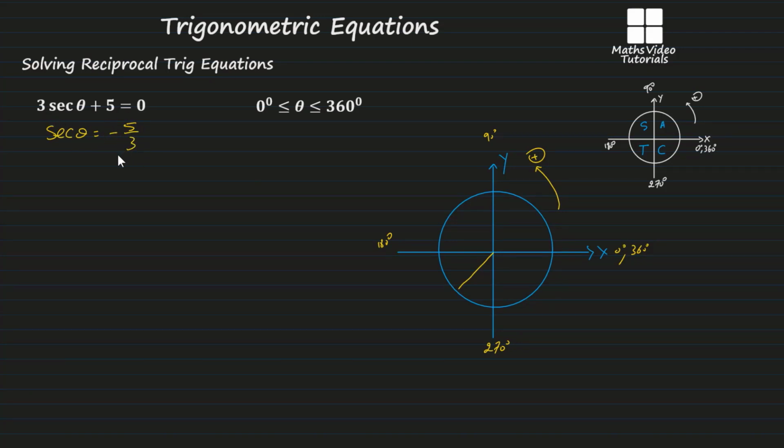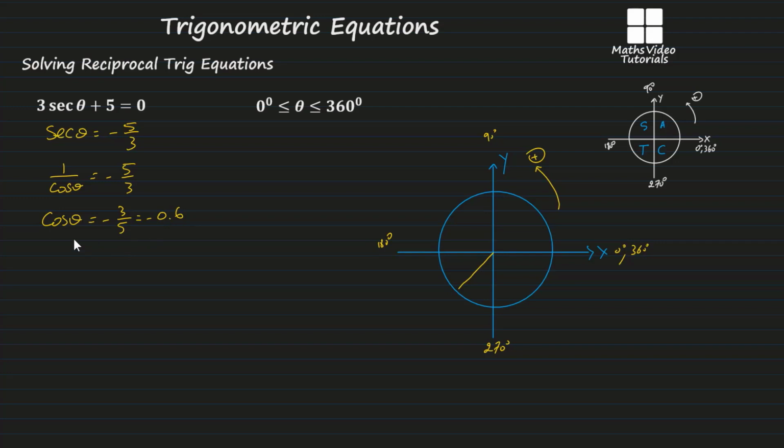And then you rewrite the sec theta into its regular trig function, that is 1 over cos theta equals minus 5 over 3. And then you flip each side of the equation to make cos theta the subject. So cos theta is equal to minus 3 over 5, and that is equivalent to